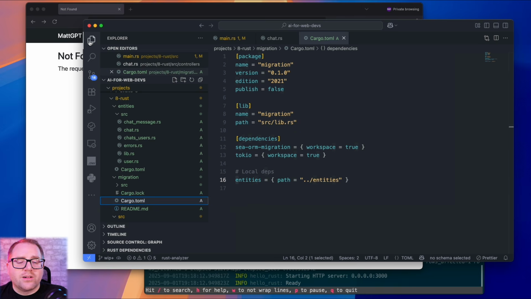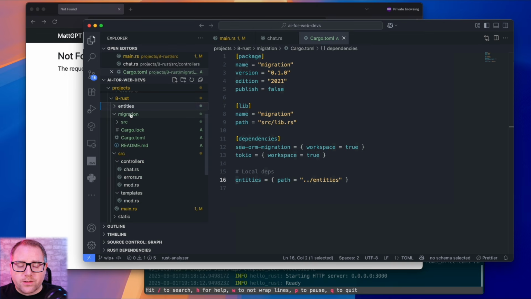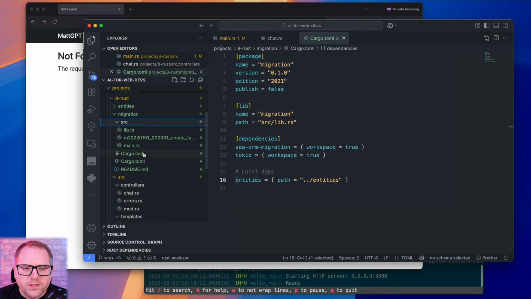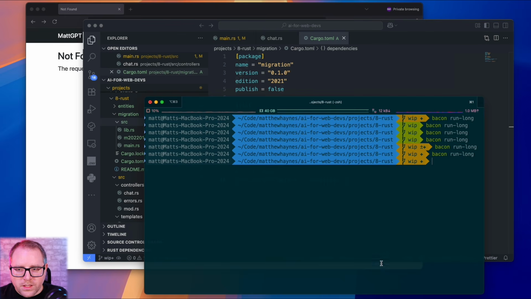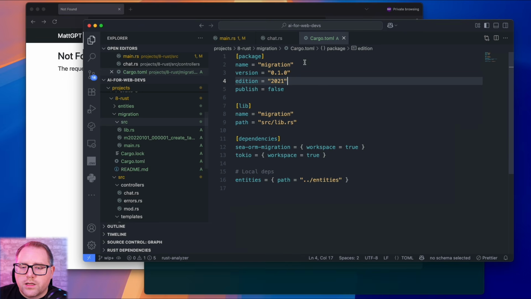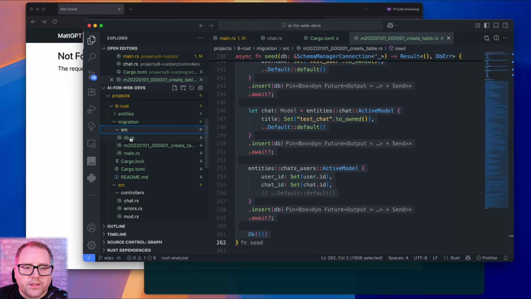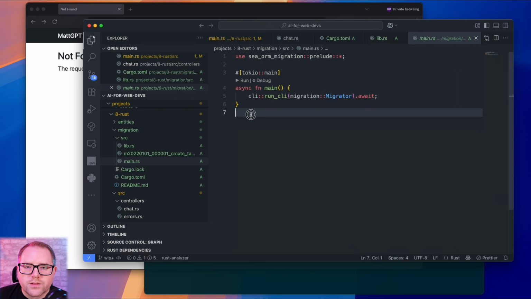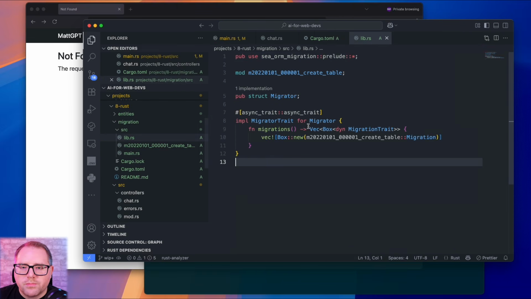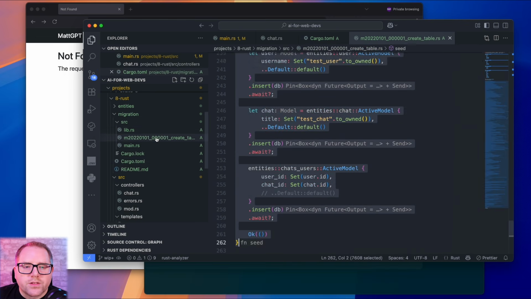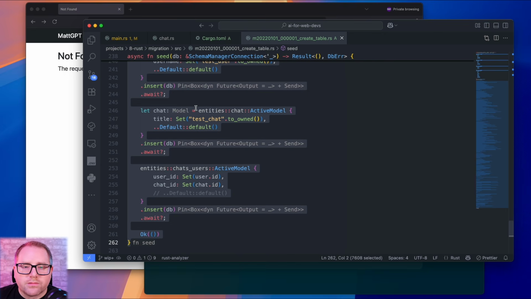Okay, so those are all of our entities. And again, this would be kind of like SQLAlchemy, but we obviously need to create a database. So that's where this migration crate comes back in. If we take a look here, this would be scaffolded out by SeaORM. So you can see it actually already ran. SeaORM has a utility that you can use, so it'll generate this for you. What we're looking at is our specific migration file itself though.